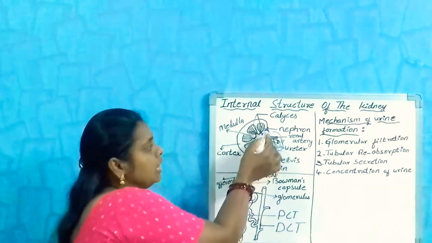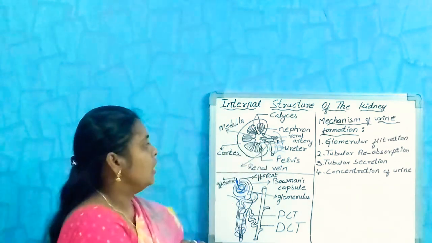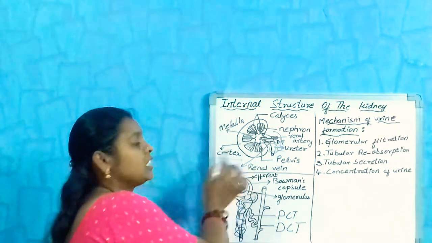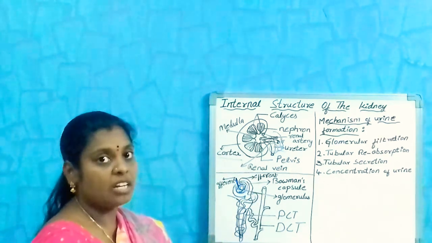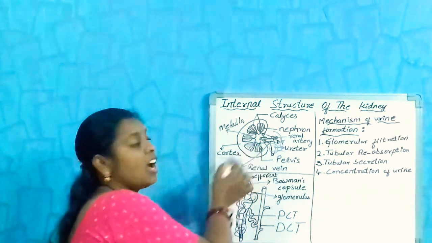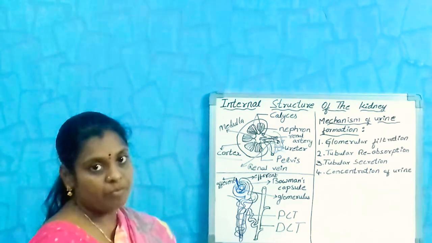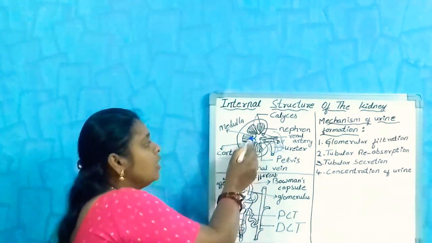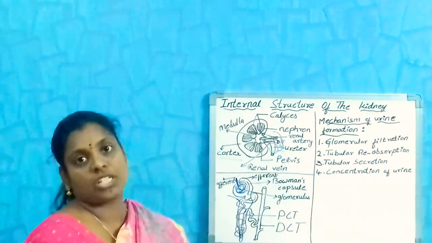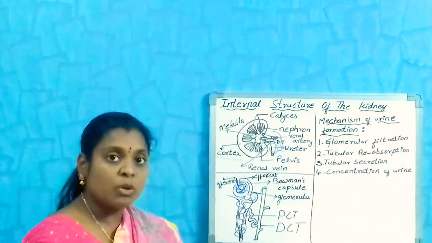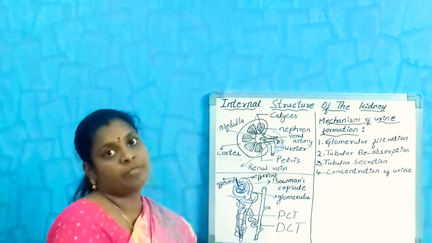If you observe, this is the shape of the kidney. The outer part, we call it the cortex. It is just a light reddish color, whereas the part which is slightly darker compared to the cortex, we call it the medulla. See, this is the medulla. And the pyramid-shaped structures present in the inner portion, that is in the part of the medulla, we call them calyces.